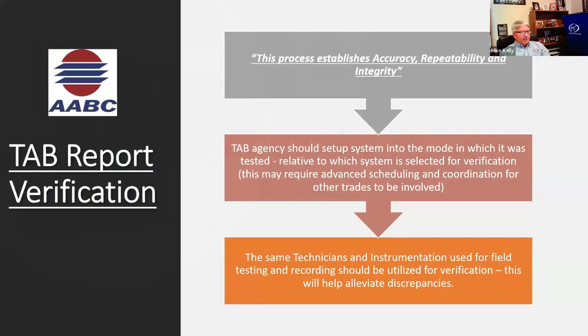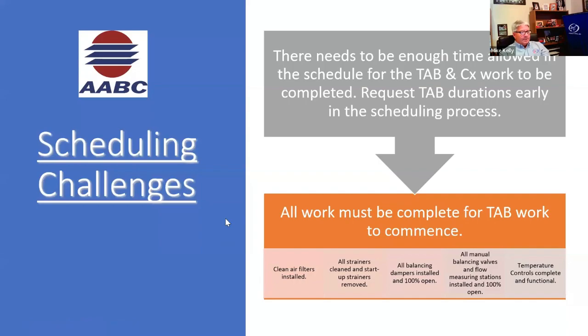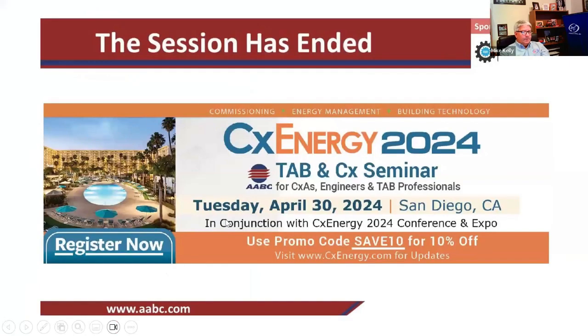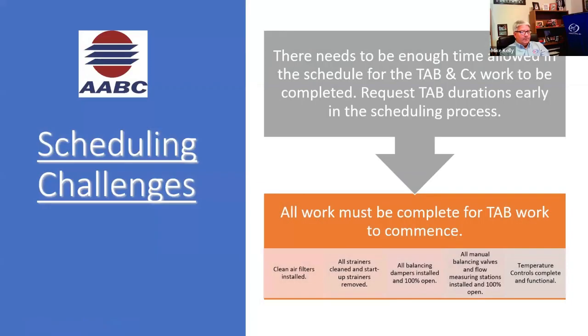I am running tight on time, so I'm going to skip through this slide. I'm going to skip through scheduling. Actually, I can go back through scheduling. There needs to be enough time allowed in the schedule for TAB and Cx work to be completed. Request TAB durations early. All work must be completed for TAB to commence, as we discussed previously. Scheduling challenges,